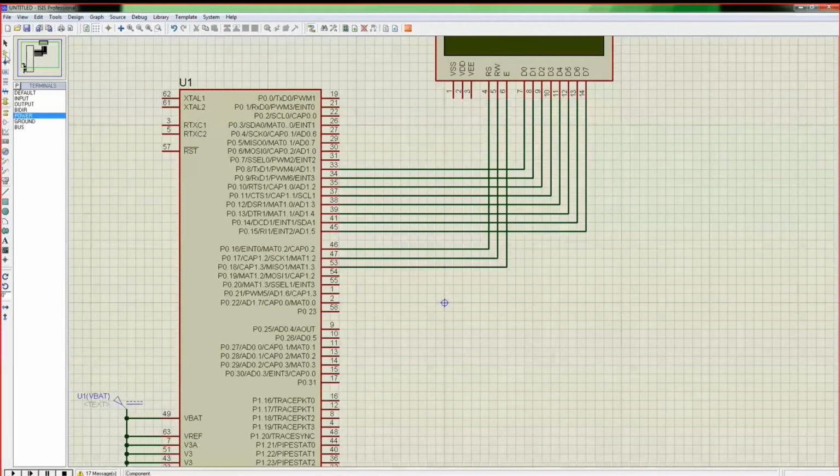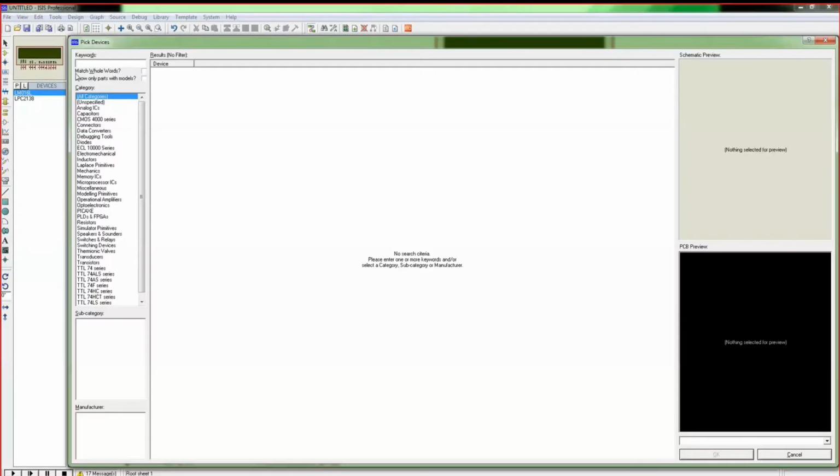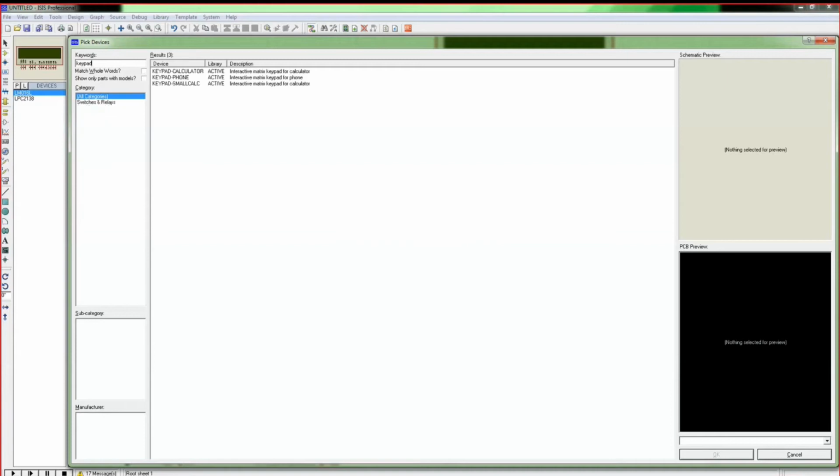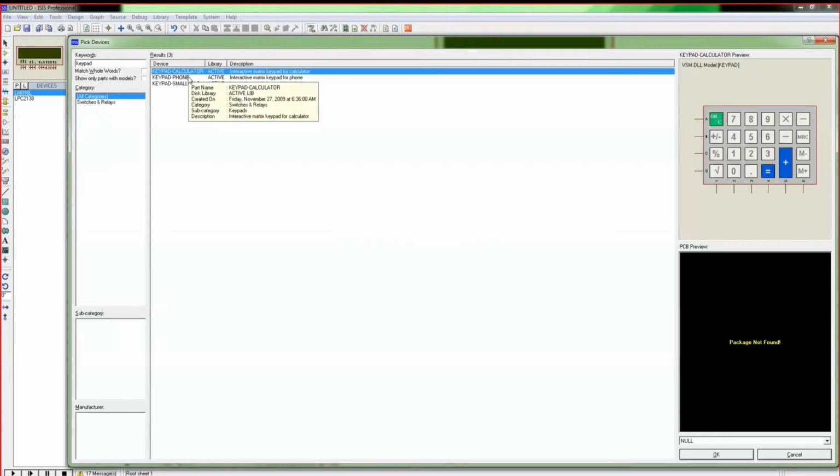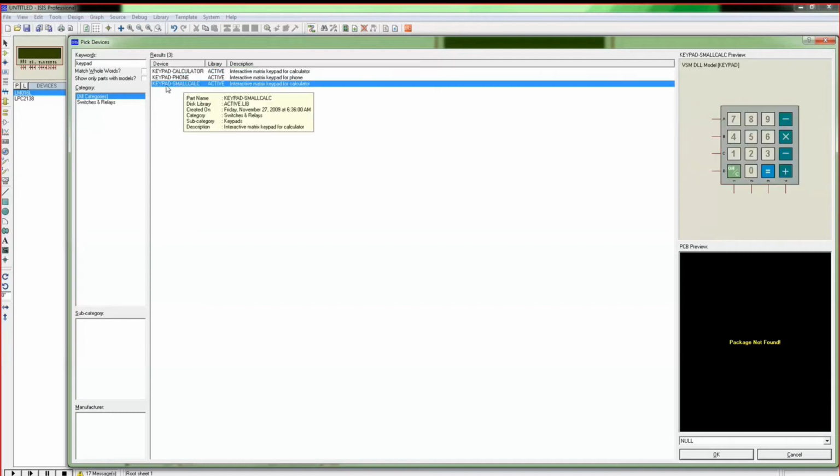So again go to the keypad. Go to component mode. For taking keypad, click on component mode. Click on P. Type here keypad. So you can take this keypad, keypad hyphen small calculator.